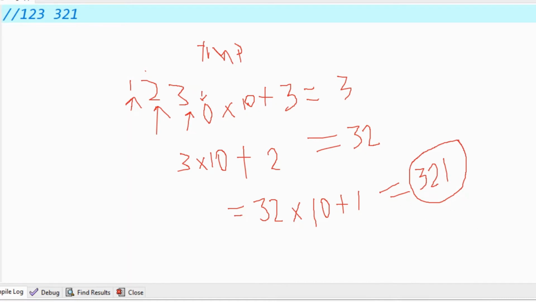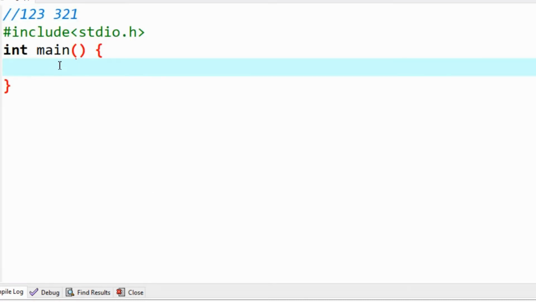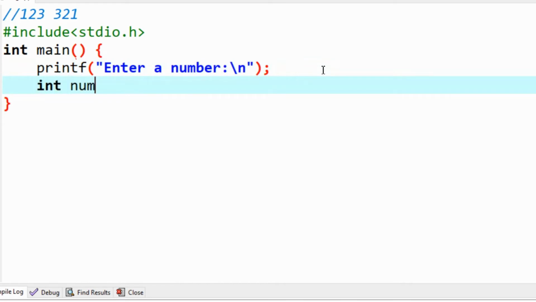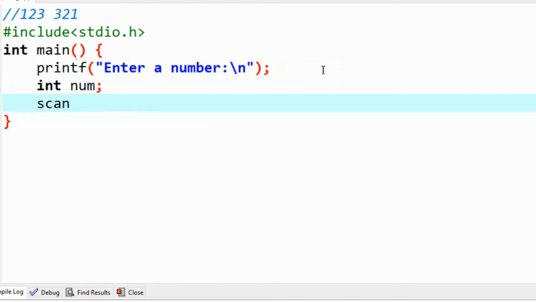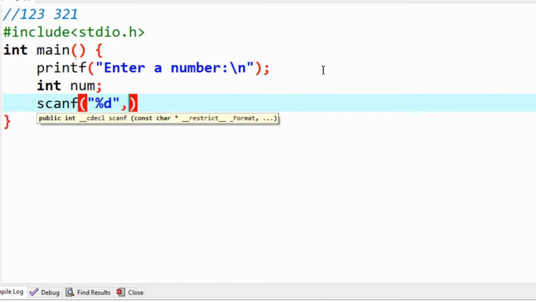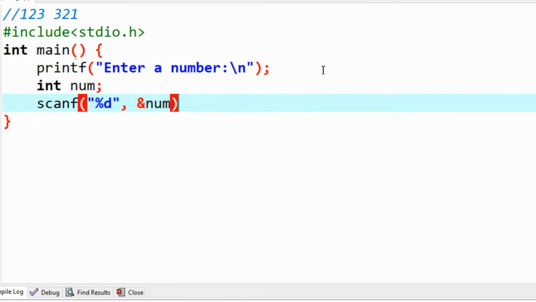So let's get started and write the program. I will give some information to the user to enter a number. I will declare a number here, then I will do a scanf to get the user input.